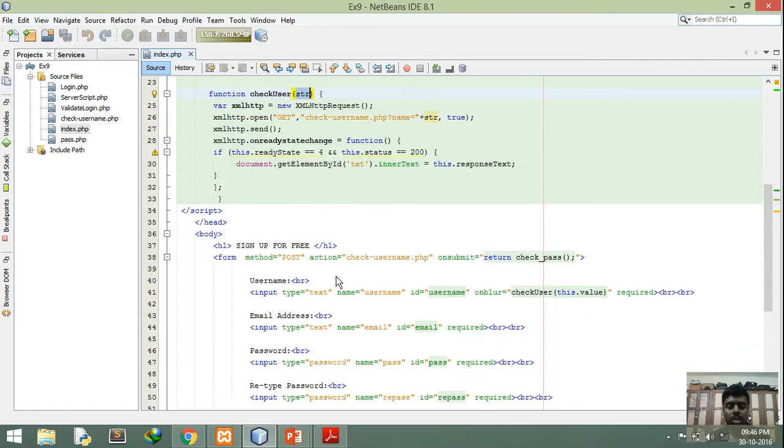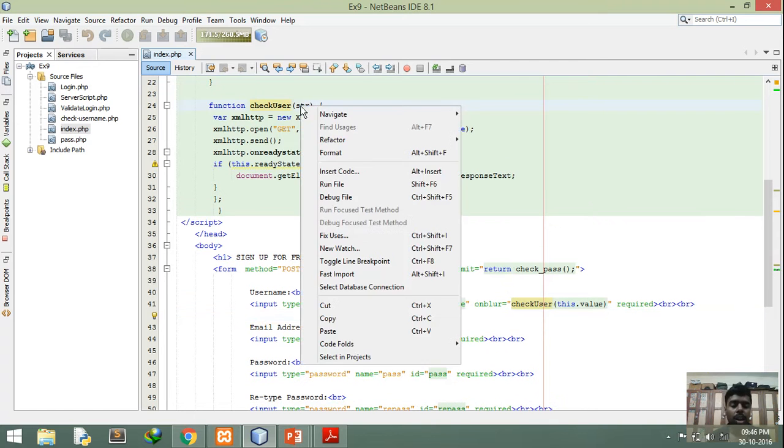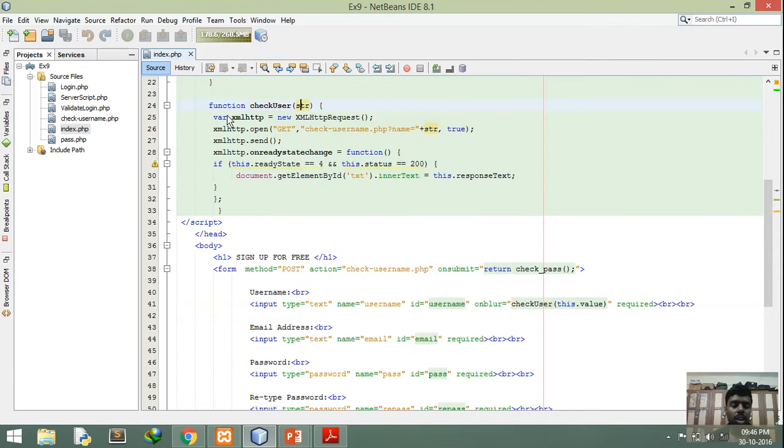In the text field called username, I have created an attribute called onBlur. So onBlur will be called whenever the username loses focus and the user goes to some other field. So this attribute will call the function checkUser that I have created in the script. I'm passing whatever the value is in username using this.value. So in the function checkUser,